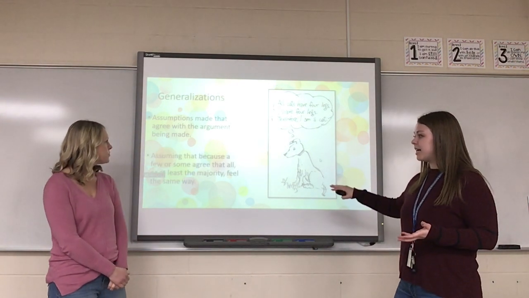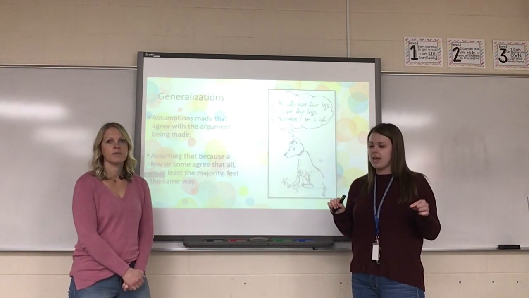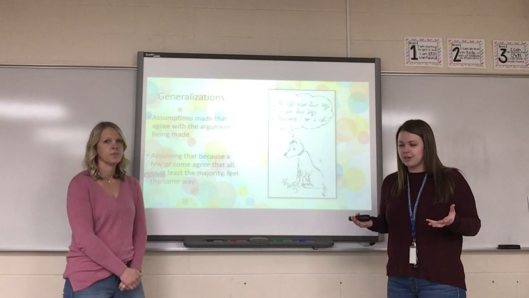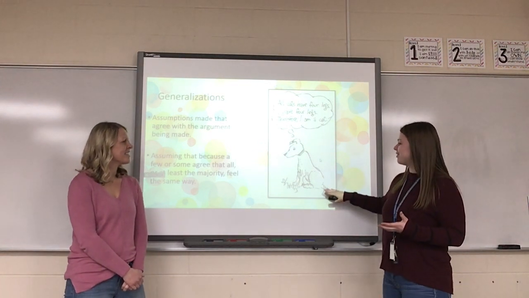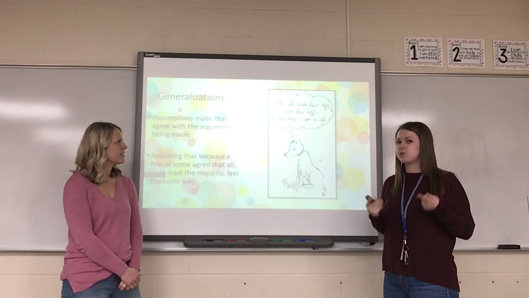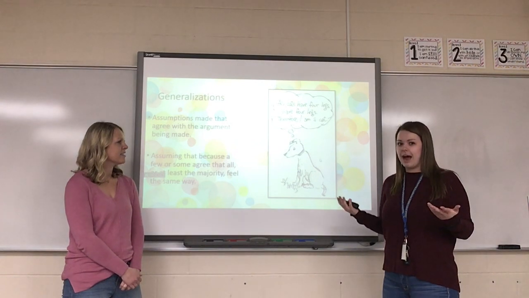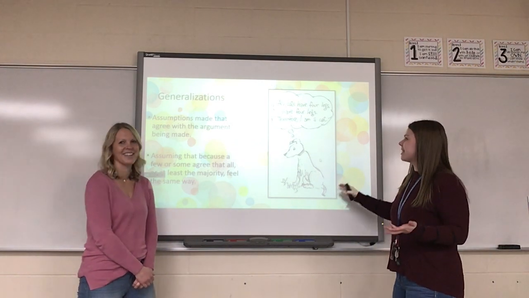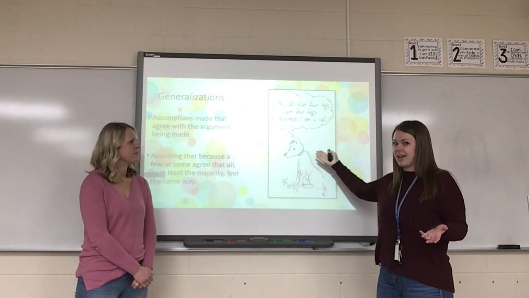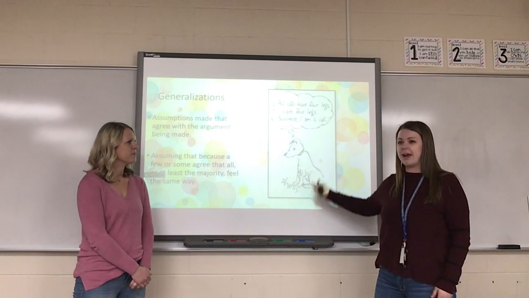It's also assuming that because a few or some agree, all, or at least the majority, feel the same way. So this is an example of a generalization, and it's a more humorous example. It's a picture of a dog, kind of thinking, and it says, all cats have 4 legs, which we know to be true. And then the dog is thinking, well, I have 4 legs, therefore I must be a cat. So he's making that generalization that because cats have 4 legs, we can assume that he's a cat because he also has 4 legs,